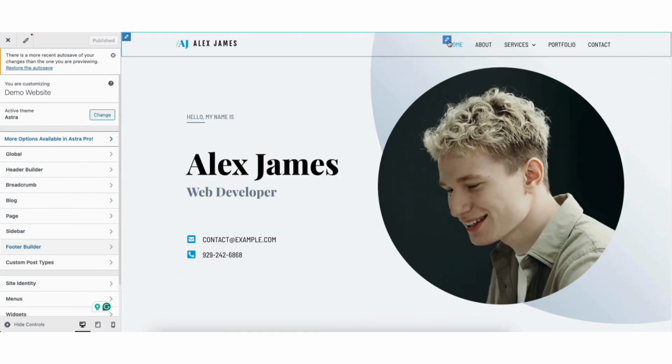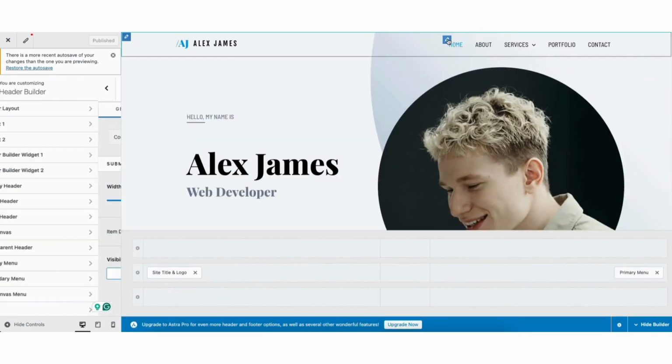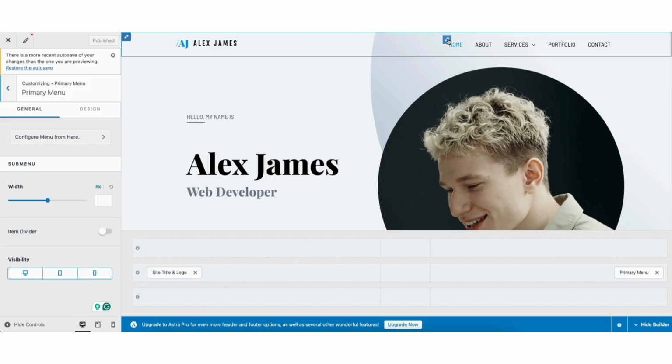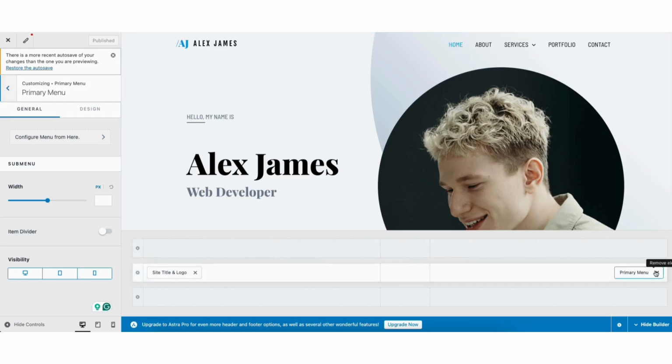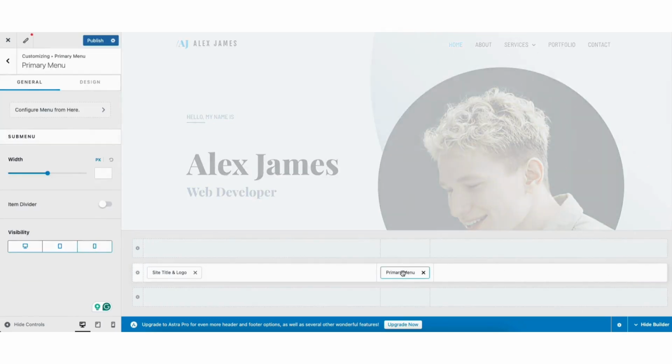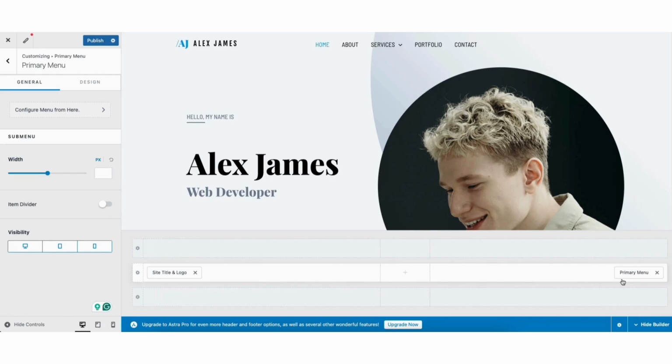If you click into the header area of your site, you can make edits by clicking into something where you see the pencil icon. If you want to remove something in the header, you can click the X button to remove it from showing. In this section, you can move things around to change the look of the menu area to get it how you like it.